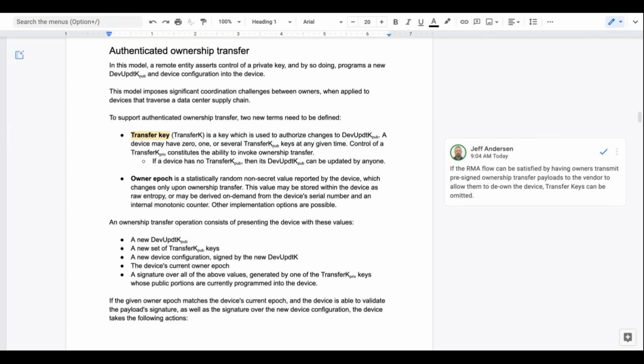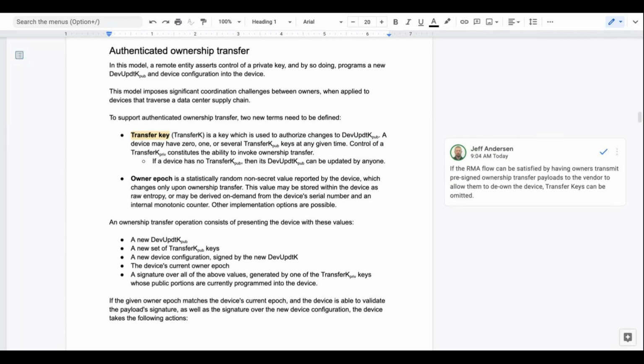But in this case, you have a possibility that the ownership may be picked up by an owner who shouldn't pick it up, if you have multiple keys. I think I'm hearing two different versions of multiple keys.